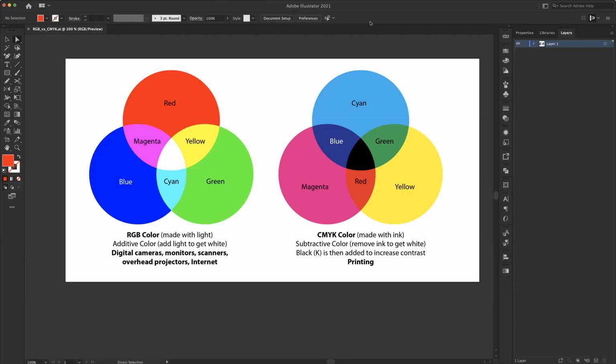There are two kinds of color that we use when we're working with graphic design. We have RGB color, which is made using light, and it's used in digital cameras, monitors, scanners, overhead projectors, and the internet. The other source of color is CMYK color, which is made with ink, and it's used